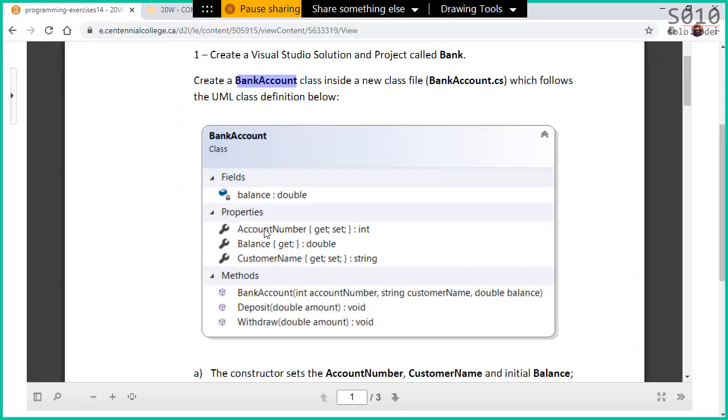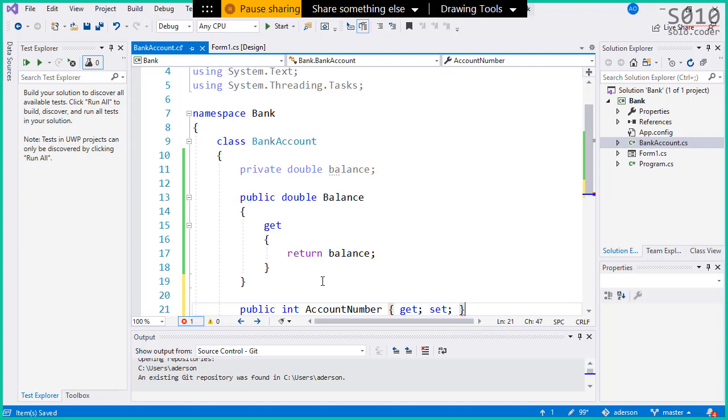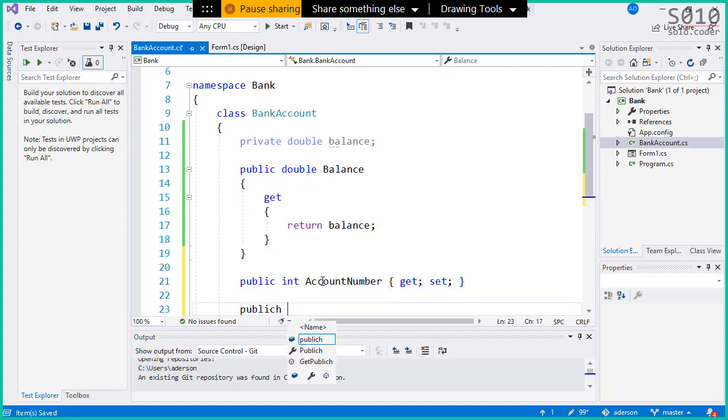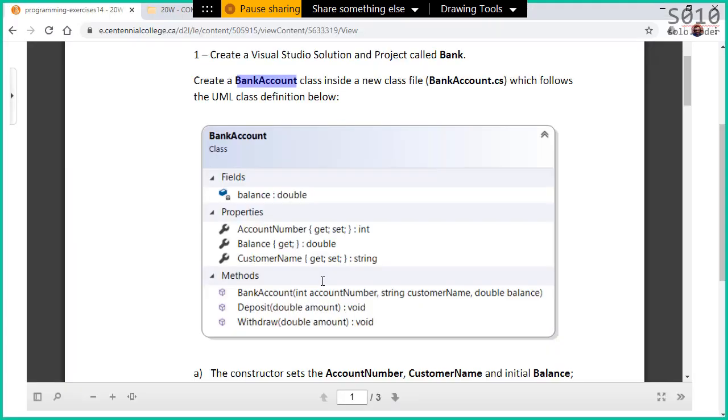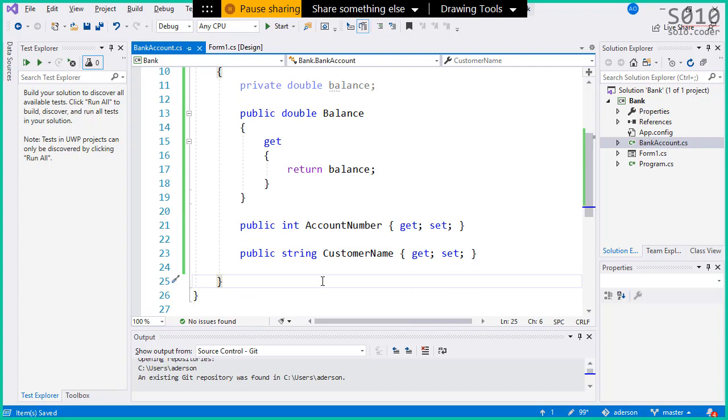We have now account number and customer name, account number integer, customer name string. So we're just gonna do an auto-implemented here. So public int AccountNumber, and we have a get and a set, and then we have a public string, and this is CustomerName, and then we have a get and a set here. Great. Okay,